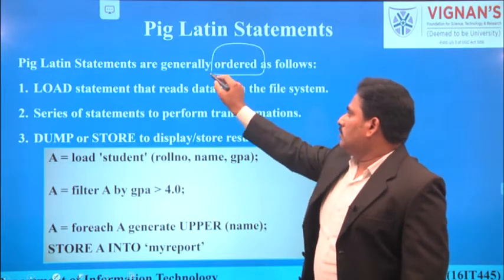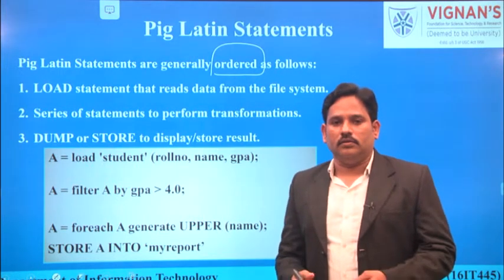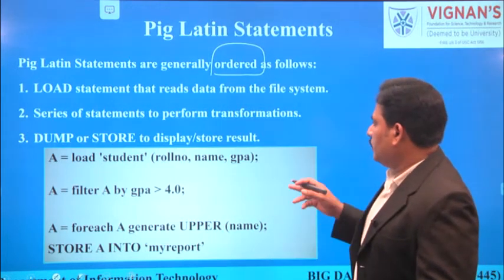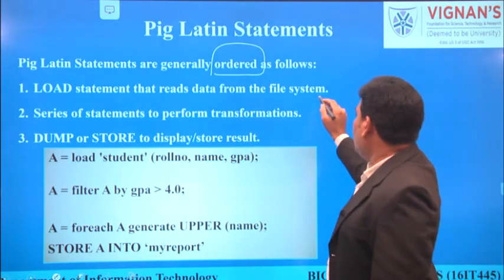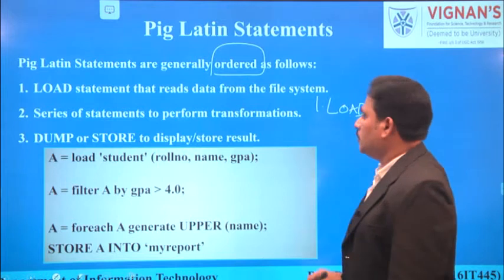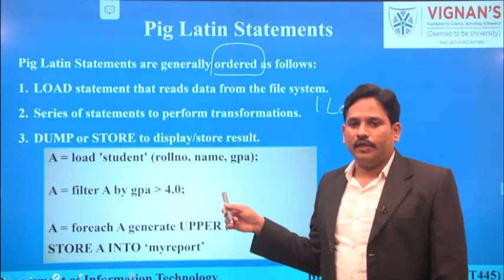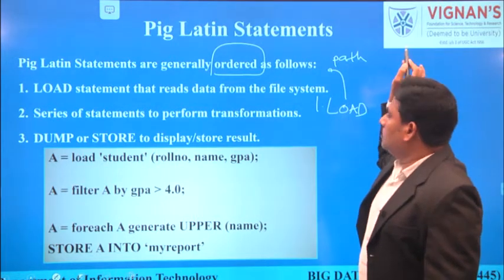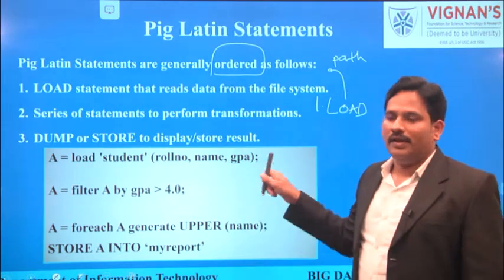There is a default programming order. That means in Pig Latin, an order is given for writing programming code. The first statement should be a load statement that reads data from a file location. So in order, the first statement must be a data load operation, in which we have to specify the path of the exact source file and its location, the source file path where we are performing analytical activities.